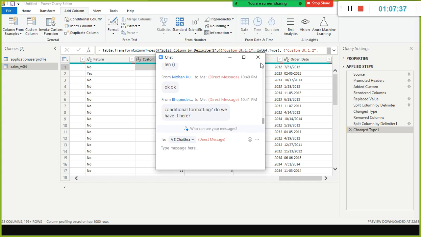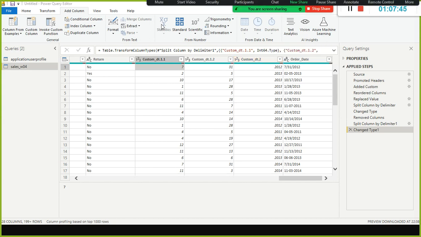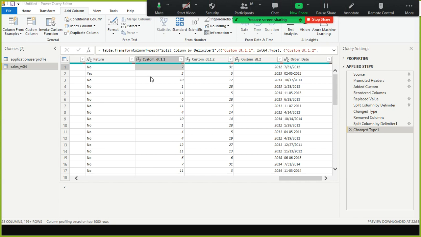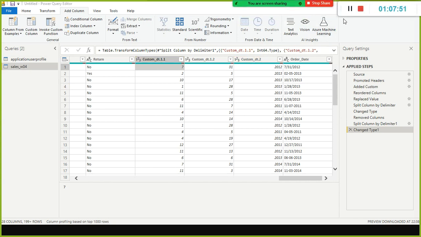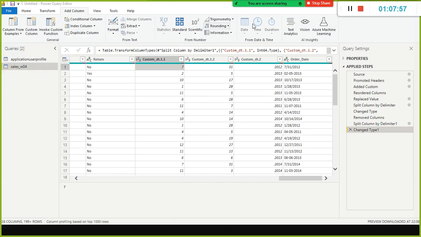And yes, you can do conditional formatting, but it is not as easy as we think. We need to use something called the pad function, using which we need to do it. So just give it a try. Anyhow, I recorded this video and will share it also. You can watch it and then give it a try.